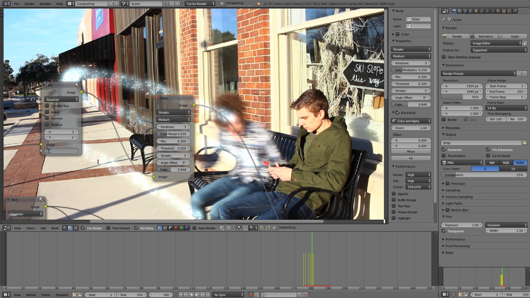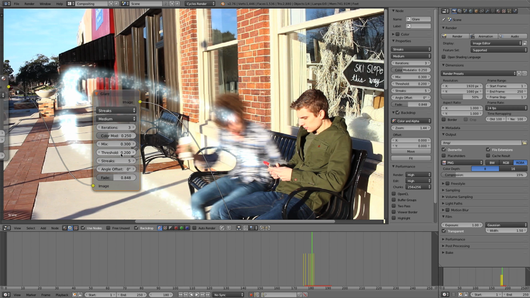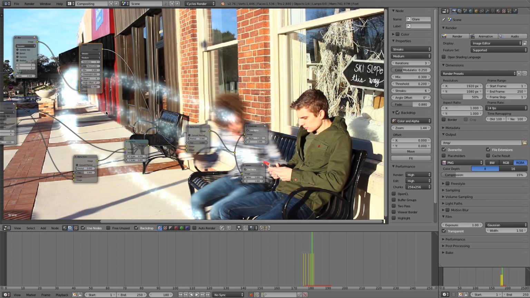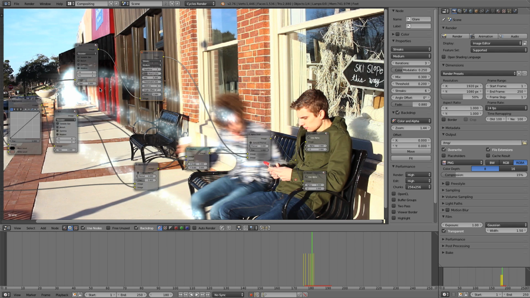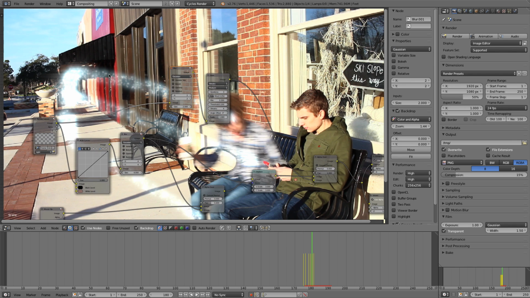You can adjust all these settings. You don't have to do it, but it kind of adds a little extra flair when you have these streaks, adding that glare, making it look like it's leaving a trail of light behind him wherever he goes. And a cool thing about this, you can change the color of those little streaks